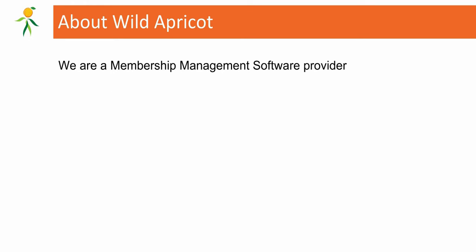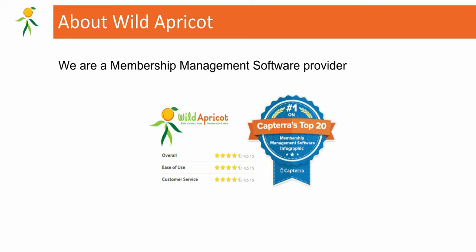So here's a little bit about Wild Apricot. We are a membership management software provider, which means that we've created a way to automate a ton of the administrative tasks that come with running an association or club. We are also the #1 ranked membership management software provider for 3 years running, as rated by Capterra, an organization